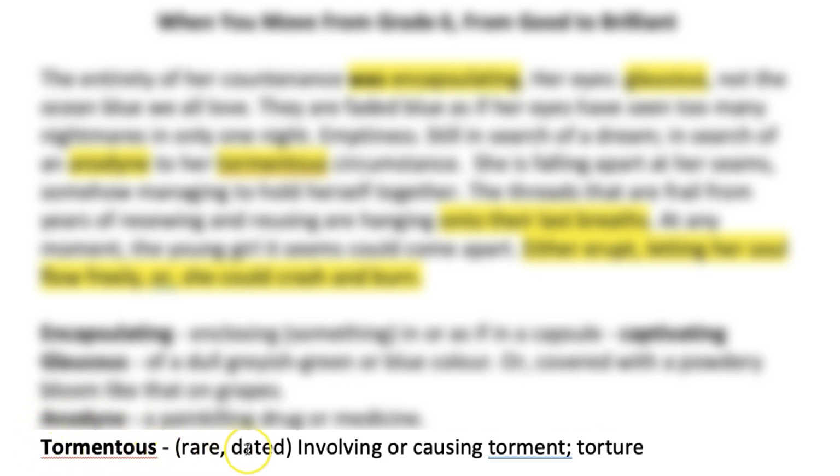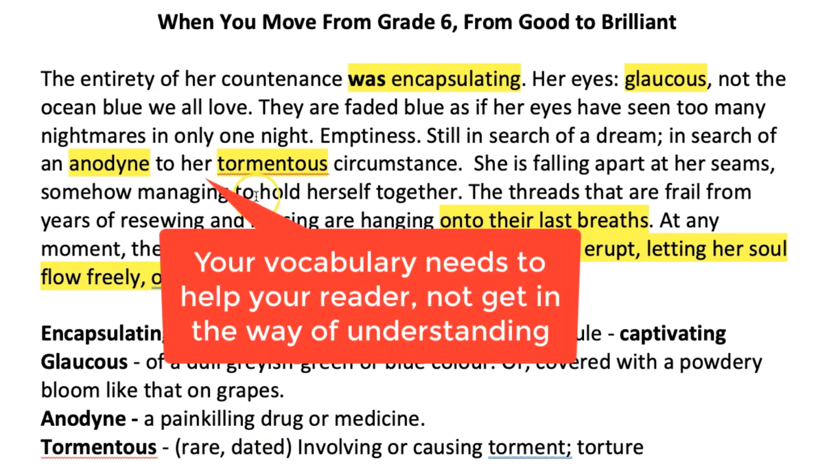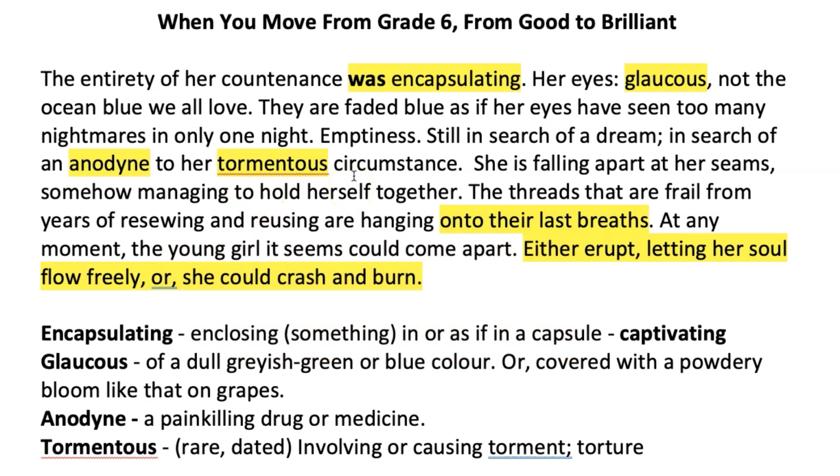That's how rare and dated it is. So what's the problem? Well, the problem is your first job as a writer is to communicate with your reader, and it's no good you having a fantastic vocabulary if your reader doesn't understand it. In this case, an examiner's going to get to the use of anodyne and tormentous, not look them up in the dictionary, and think, well, actually, you've just used these words incorrectly because of the earlier mistake up here with